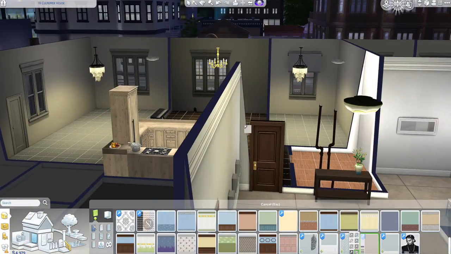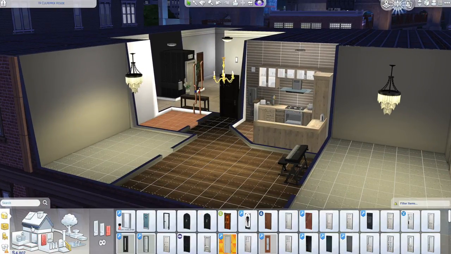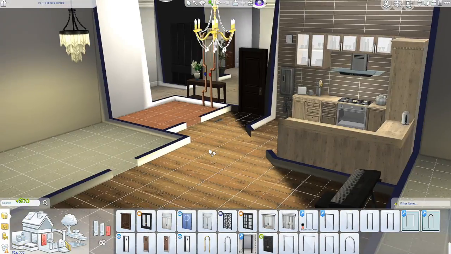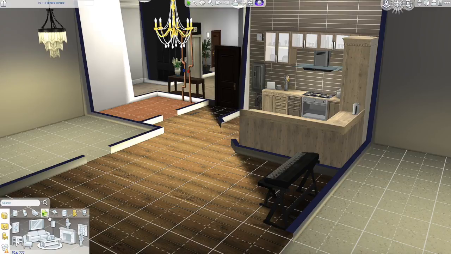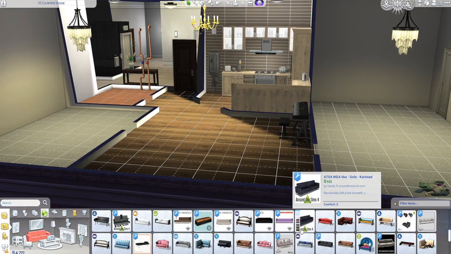So yeah, I just got rid of the half walls, added some wallpaper, and moved on to looking for a perfect door archway, and yeah, I've got one, so it was time to move on to the living room. So first thing I did was carry on and add the sofa in,